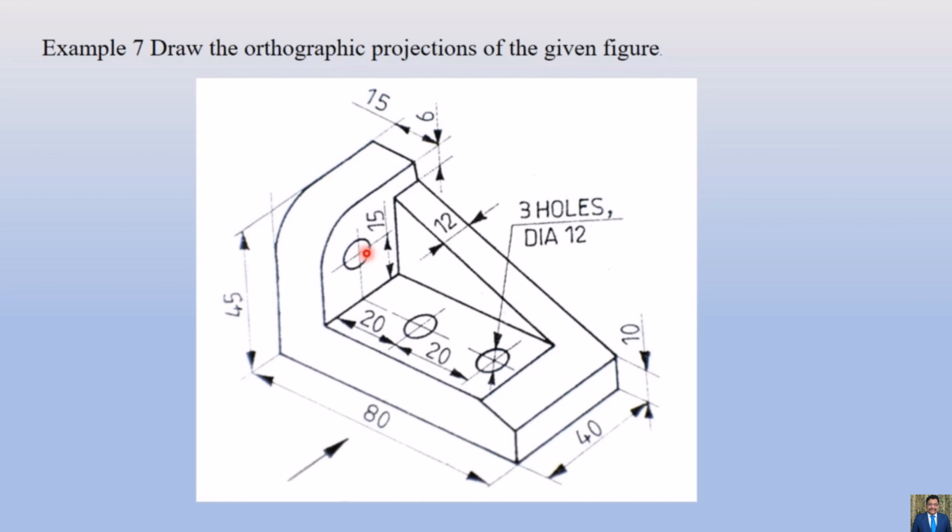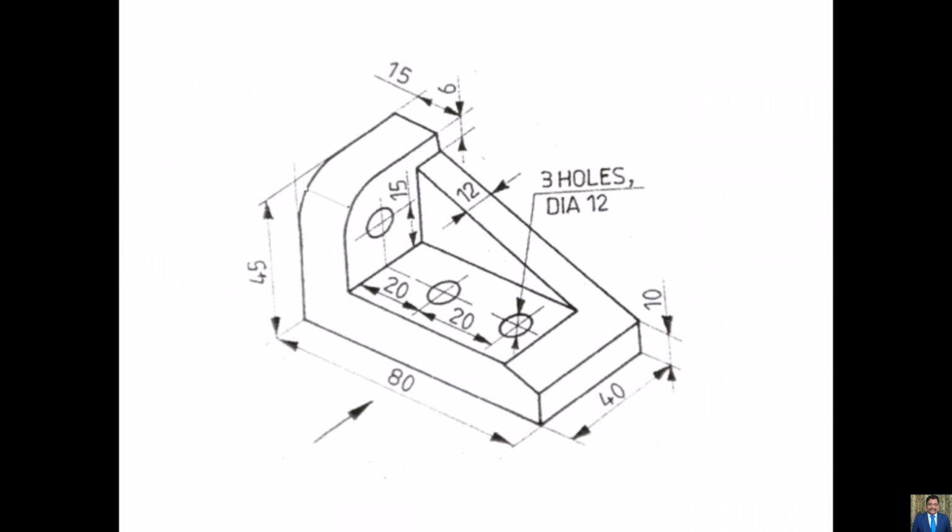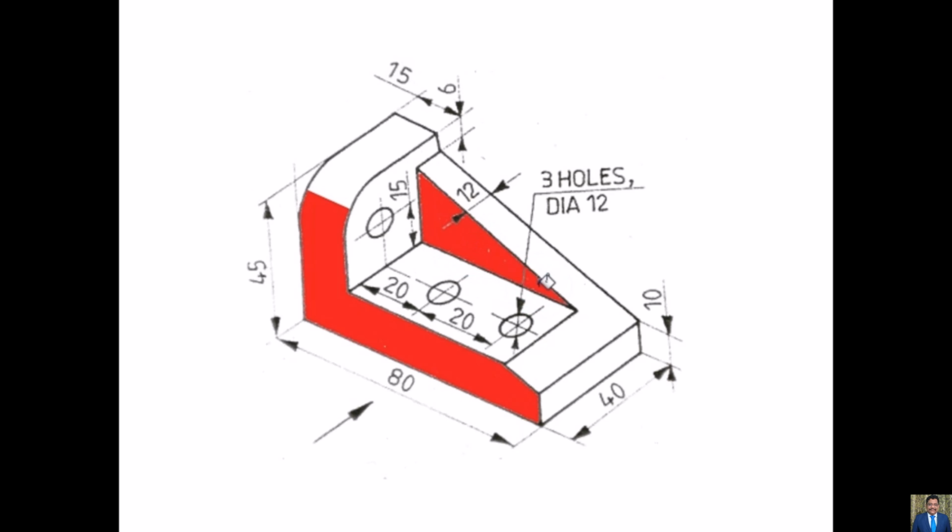I'll explain what will appear in the front view, top view and side view afterwards, but first see the important thing here. This tapered portion here, you need to observe that while drawing the right hand side view, I will draw this portion as a rectangle itself. So this portion will appear in the front view. You see that I am painting this with the red color here, and also this triangular portion will appear in the front view,